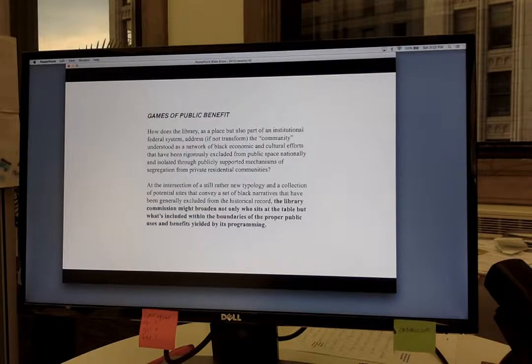But then at the end of the article, I try to shift the conversation from one about should the Obama Library be in a park, and I basically say, well, yes, I think it could and should be, if we really focus our attention on a bigger question, which is what is the nature of the public benefit from such a move, and recognizing that some of the benefits from whether creating a museum or creating a park